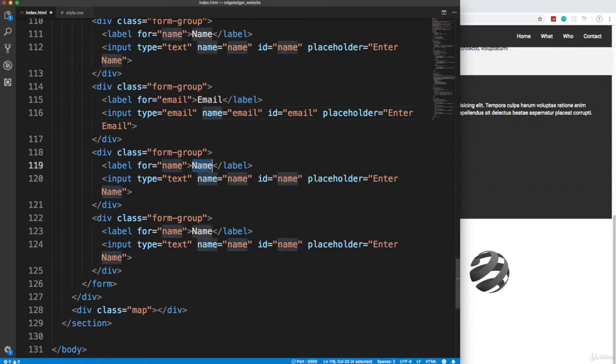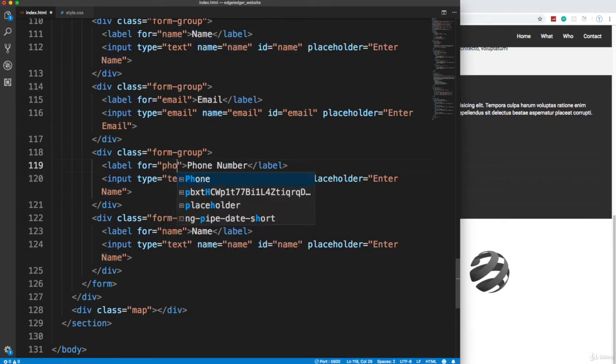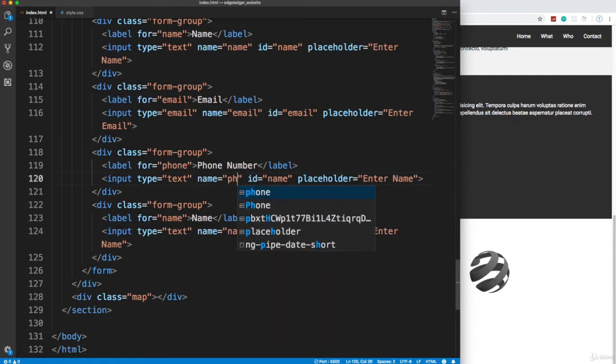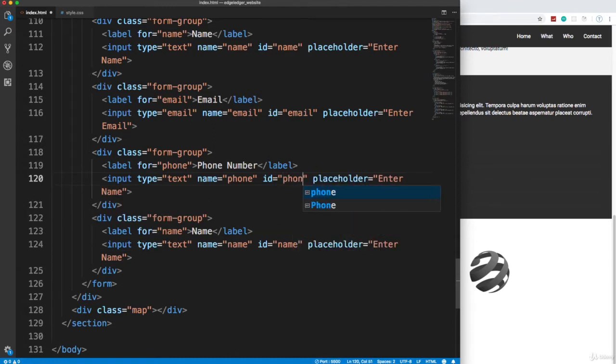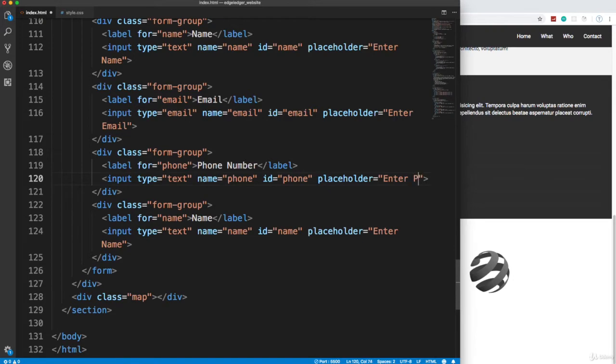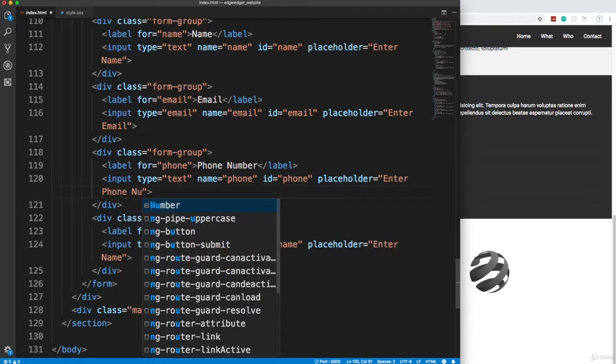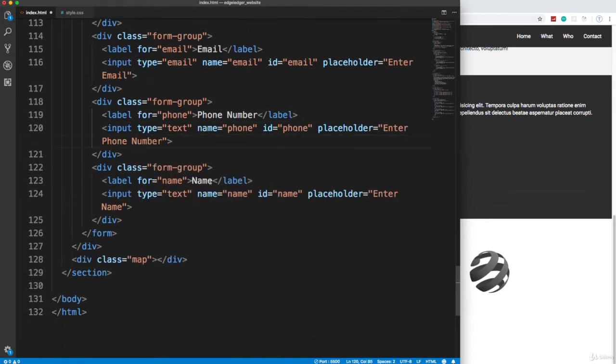Okay, and then we're going to have phone number. So this is going to be phone, and let's see, the type, we'll just keep that as text. The name is going to be phone, ID, phone, and then we'll say enter phone number. And then this last one's going to be a message, so for message, label, message,